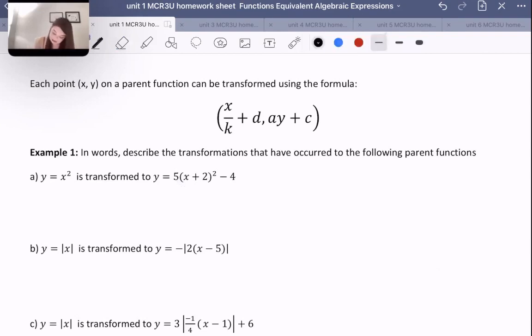So this means that we must vertical stretch by 5, or by factor 5. That's my first thing. Now 5 is not negative, so we don't need to do any reflection. In terms of whether or not we reflect on the x-axis, we don't, so we just do nothing. I don't see any k value, I just see a c and d. So this value, plus 2, indicates that we translate left